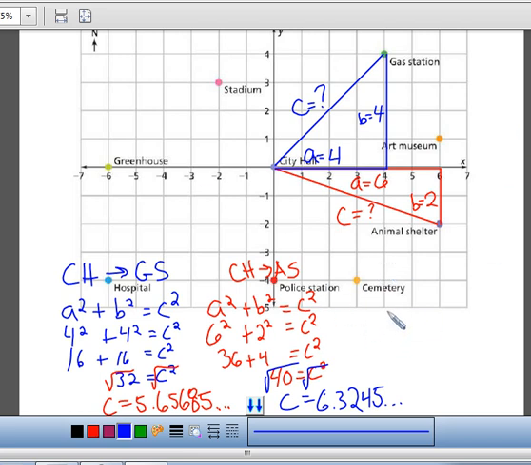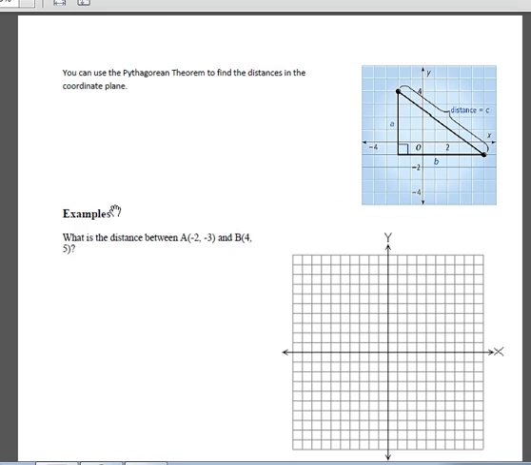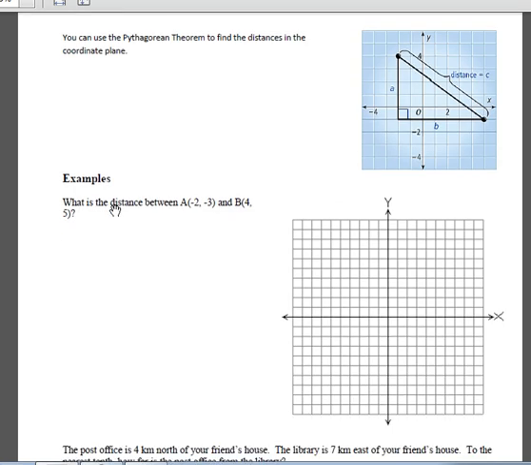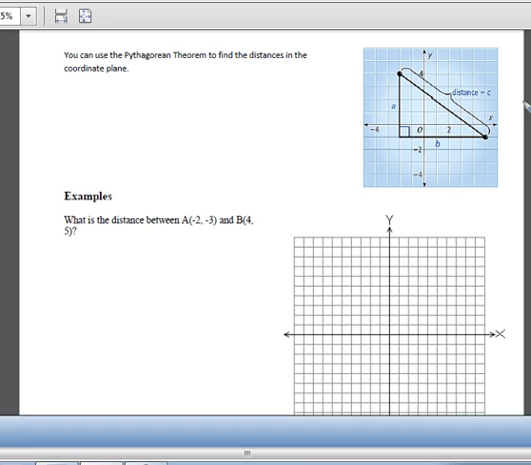I'm going to clear the screen, so pause it if you need to copy it, but the real work we're going to do is on the next page, page 28. Use the Pythagorean theorem to find the distance in the coordinate plane. Again, this is another demonstration here on the next page. So what we have, if we've got 2 points, this point here and this point here,